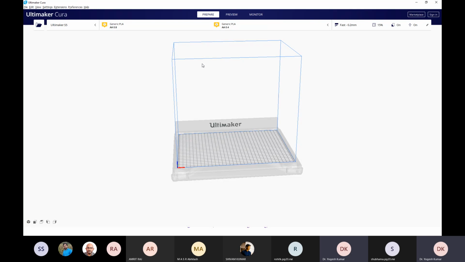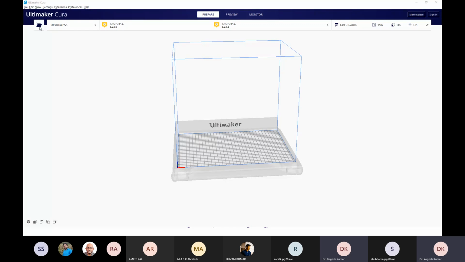If you directly use your STL file, then your slicing will be done inside this particular software, which is called Ultimaker. There is no problem even using STL files directly in Ultimaker.